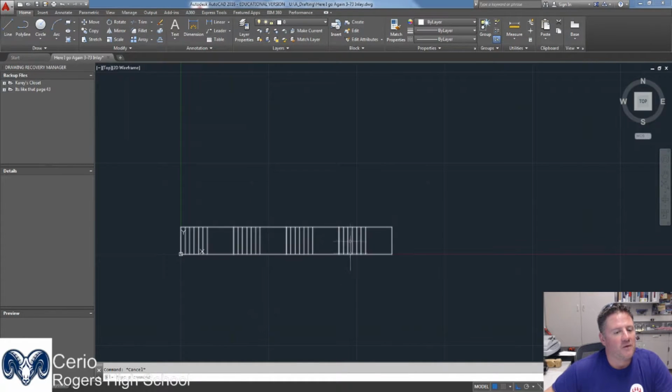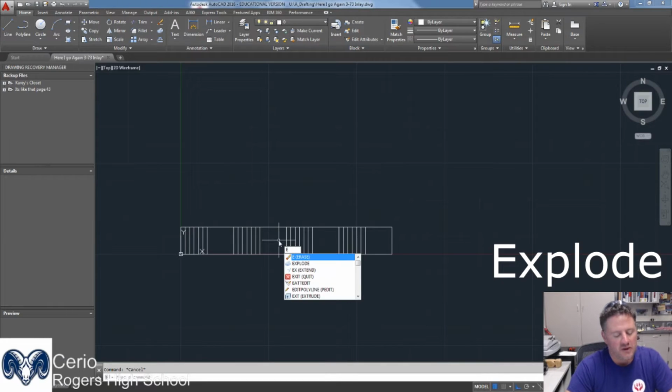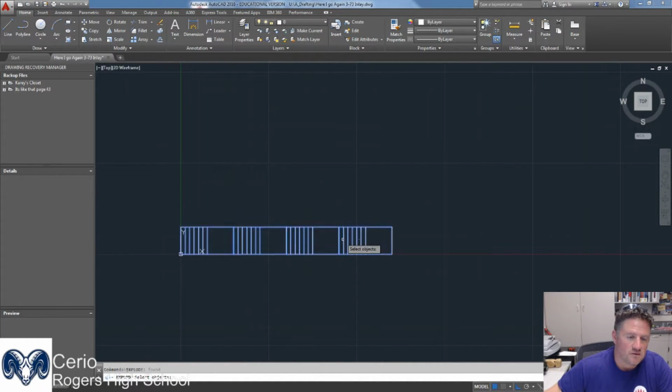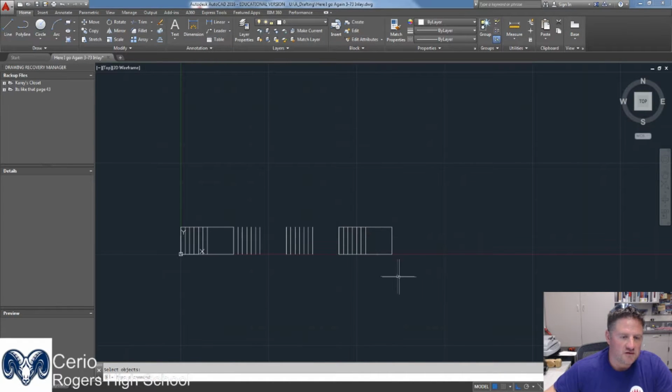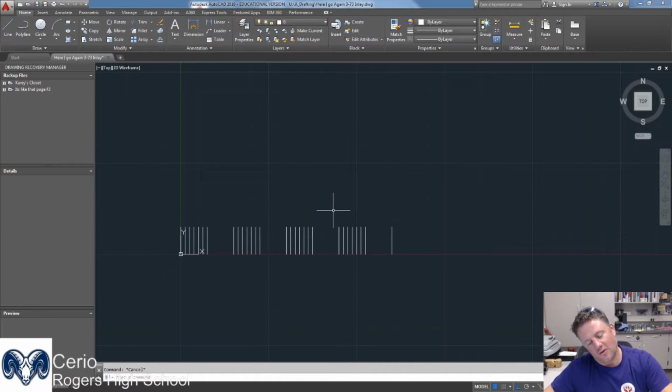Now, if I want to edit that, look, it lights up. So to edit it, we have to explode, touch it, hit enter. Now look, we've got a bunch of little broken geometry here, so let's get rid of all this. Erase this, erase this, erase this, and this, because we don't want double lines. Now let's draw one line